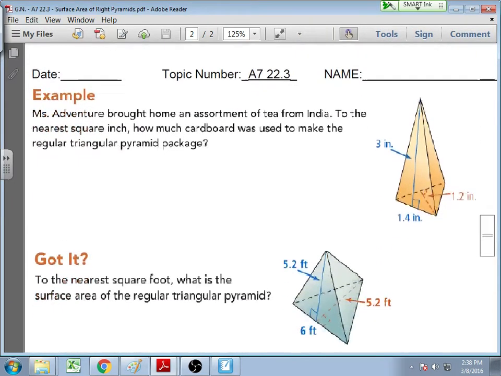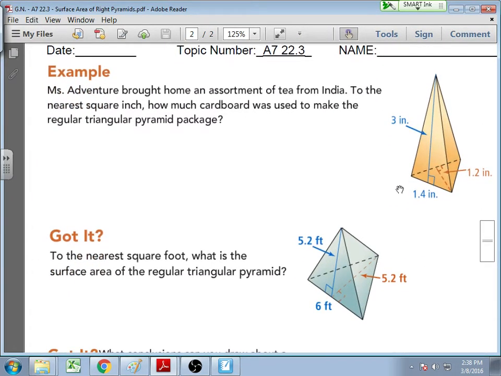Moving on to the back of our notes page, I'm going to have a triangular based pyramid, which changes slightly how we find the perimeter, as well as changing how we find the big B. So since I don't need a ton of room, I'm going to start by finding my big B right up here. Because I see that the base of this is a triangle, my triangle area formula is going